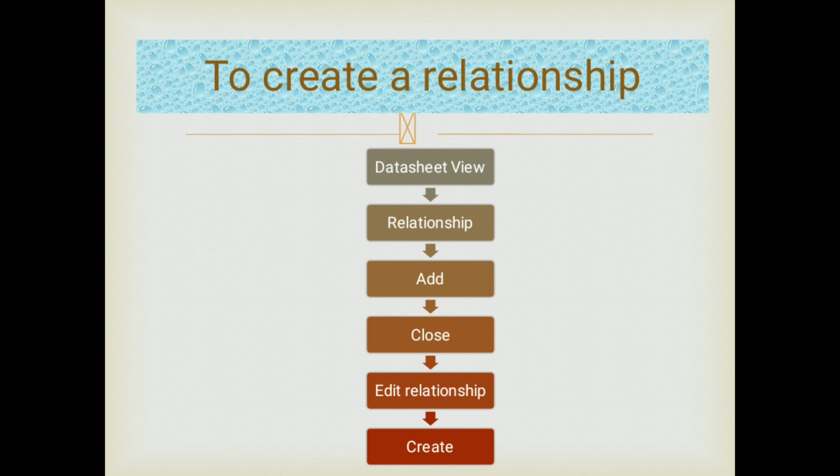Step 1. Create both the tables and open one of them in the datasheet view. Click the Table tab on the ribbon. Step 2. Click Relationships from the Relationships group. The Show Table dialog box appears. Step 3. Select the table and then click the Add button. Select another table to link. Click the Add button. Step 4. Click the Close button. Next, drag the primary key of the parent table and drop it into the same field in the child table. The Edit Relationships dialog box appears. Step 6. Click the Create button. The user sees the relationship created. Save the work.